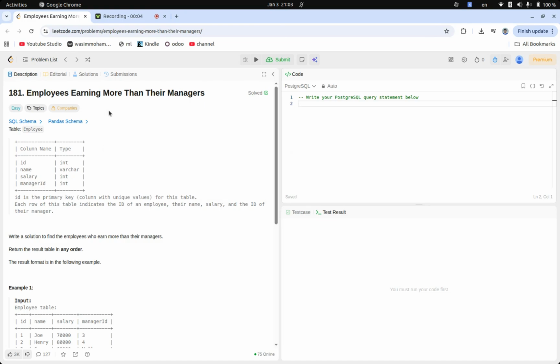Hey everybody, this is Leetcode SQL question 181, employees earning more than their managers. I'll be using Postgres as my dialect here. So we have one table here, it's called employee, and we've got four columns. We've got an ID column, which seems to be the primary key. We've got a name of an employee, the salary that the employee takes home, and the manager that the employee